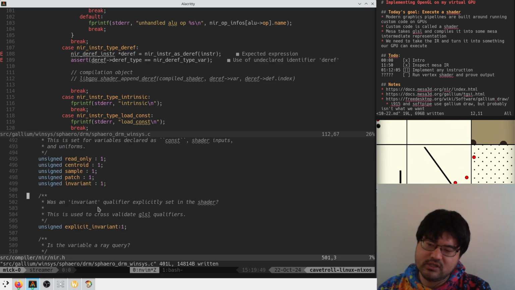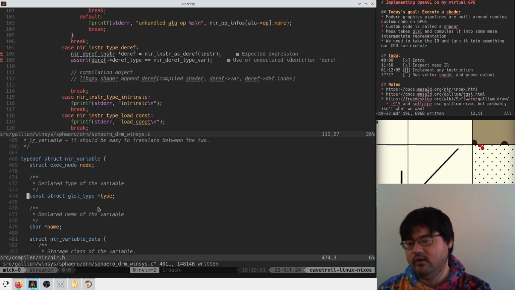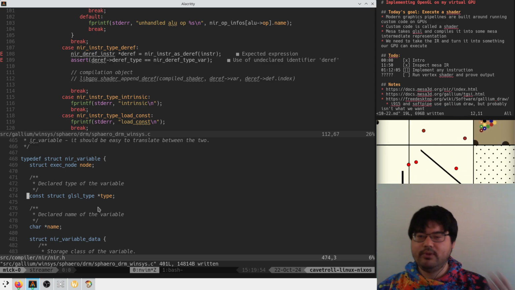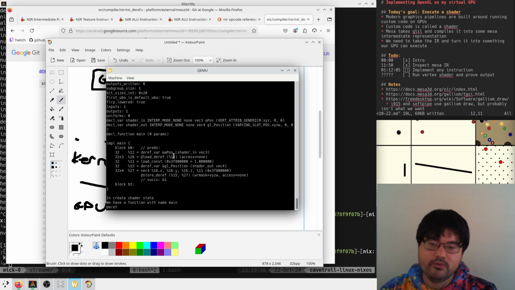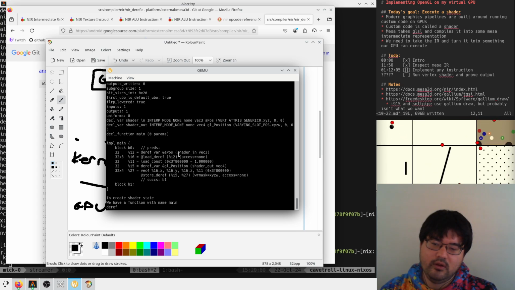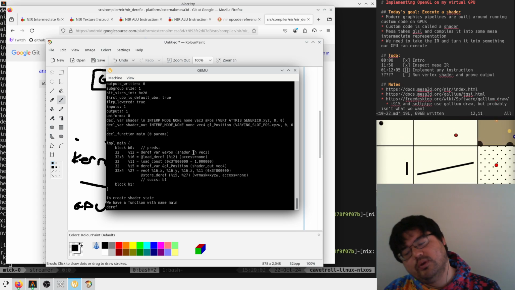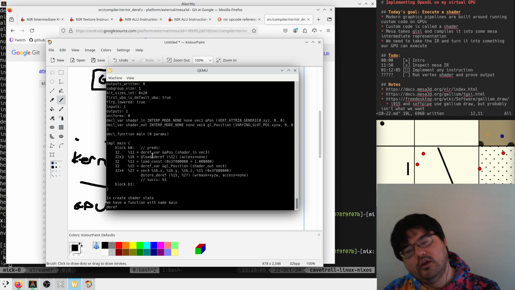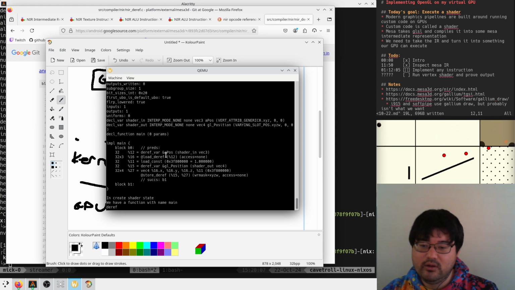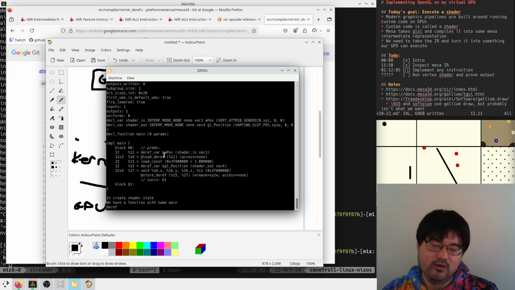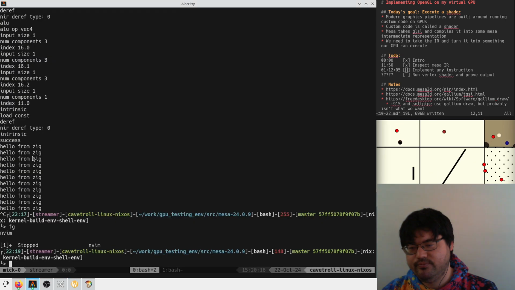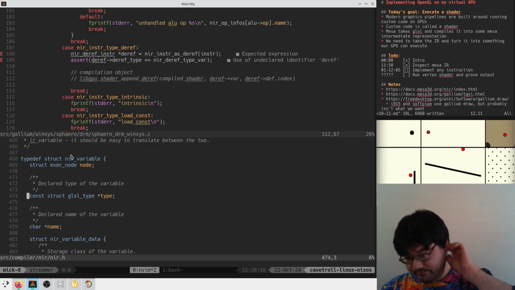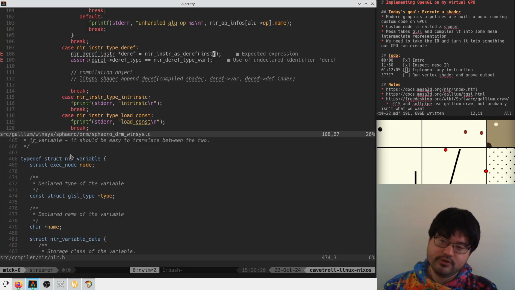Holy shit, there's a lot of stuff on here, huh? But presumably this deref is going to have some form of index as well. Hand wavy. Yeah, that seems reasonable to me in some way, shape, or form. So